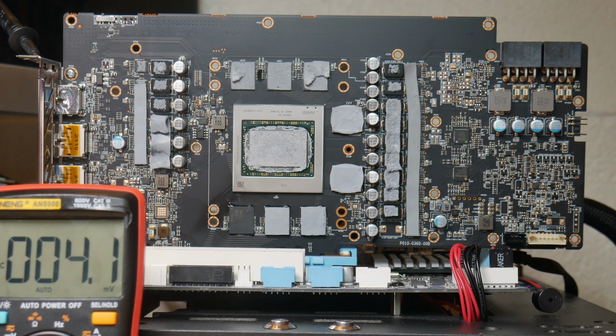Okay, so in front of us we have a Sapphire RX 6800. This is the Nitro Plus. This card was sent to me by a customer who asked how to repair it. So, like all the broken cards we get, we want to first start by checking for a short on the